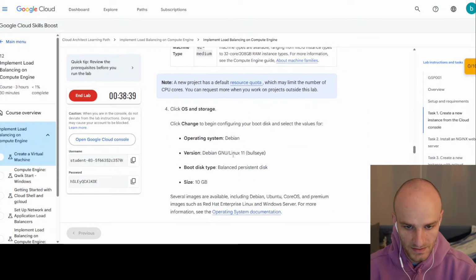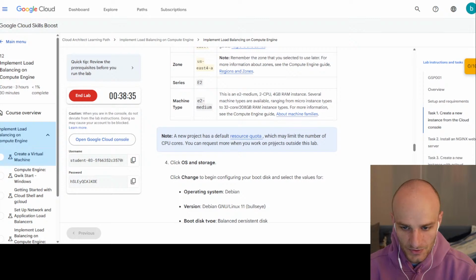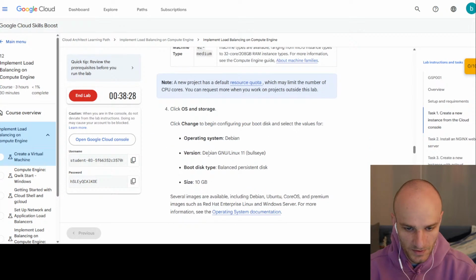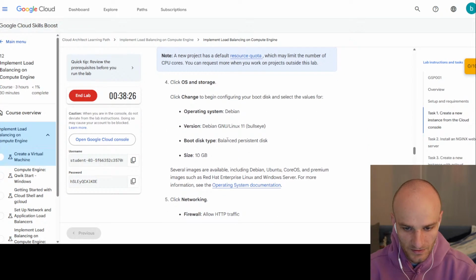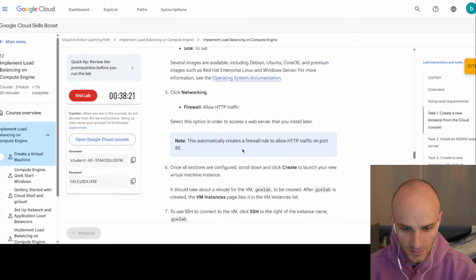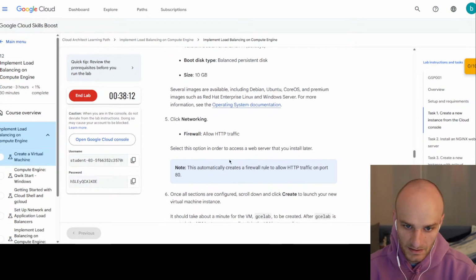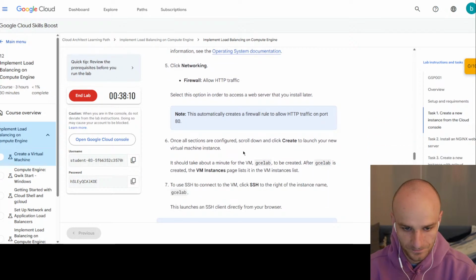Okay, click OS and storage. A new project has a default resource quota, which may limit the number of CPU cores. So this is okay, you can request more. Debian Linux 11, balanced persistent disk, 10 gigas, allow HTTP. So allowing HTTP will automatically create a firewall rule to allow HTTP traffic on port 80 in the default network. Create,